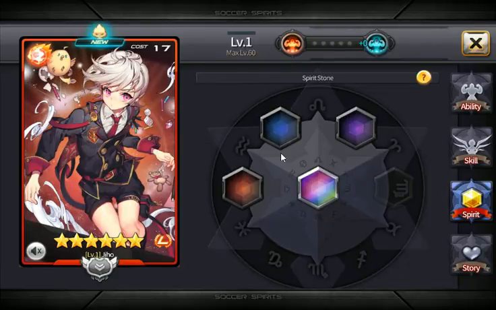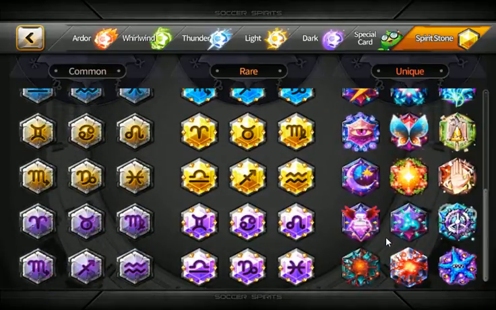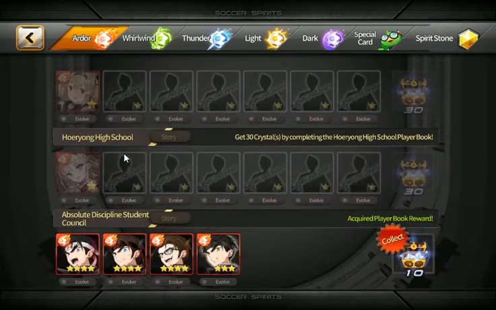So for the uniques, there's basically 2 possible options. What you can actually run is going to be the dark. Wait, it was in between dark. I kind of got mixed up in what his colors were. It was...